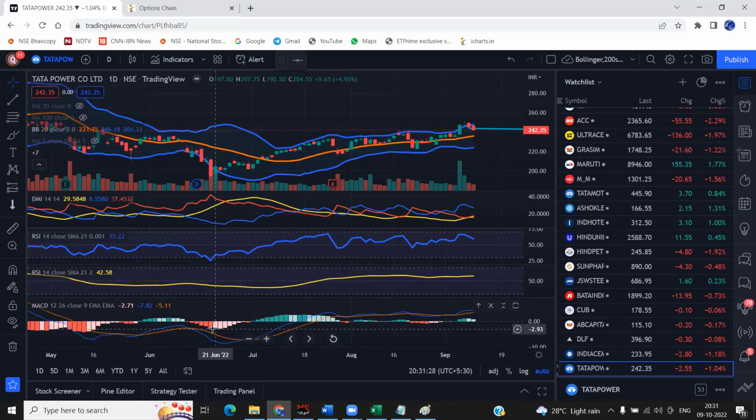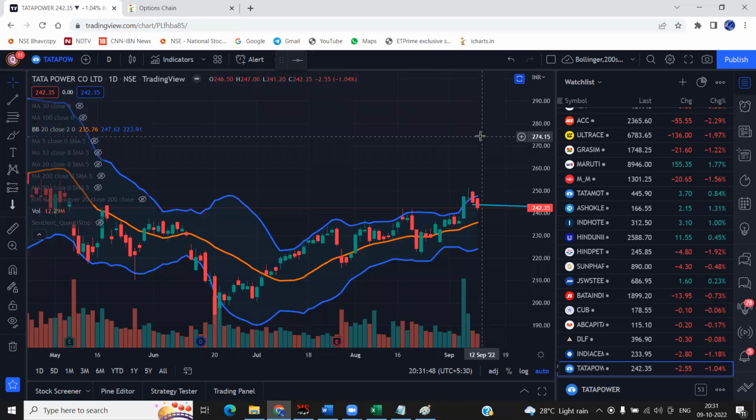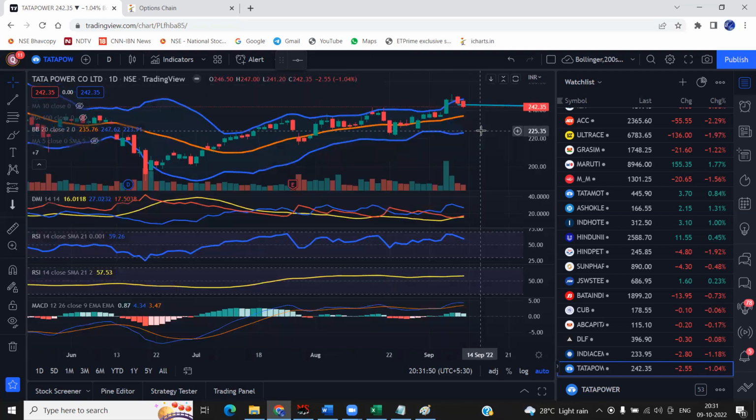This was quite a deep MACD histogram. Yeah, deep. This was quite low. And this is the day where you got the trigger. That means above 236.40, first trigger came. Well, it had gone to 251. Now it is 242, and that's the way up to take it. Got it? Okay.